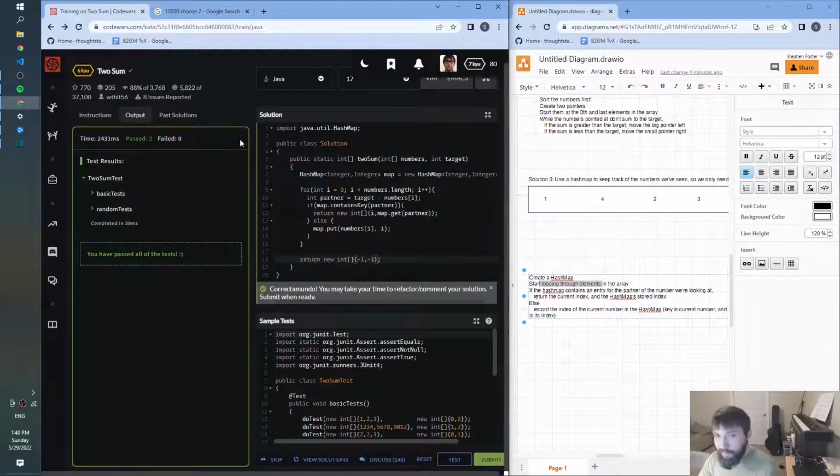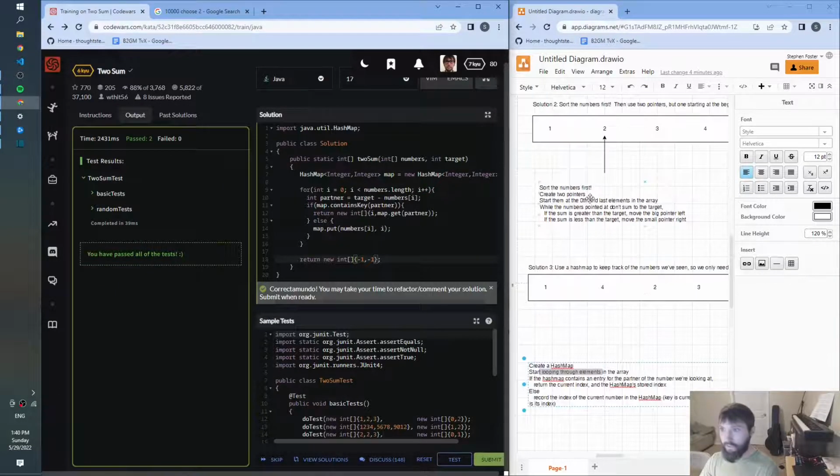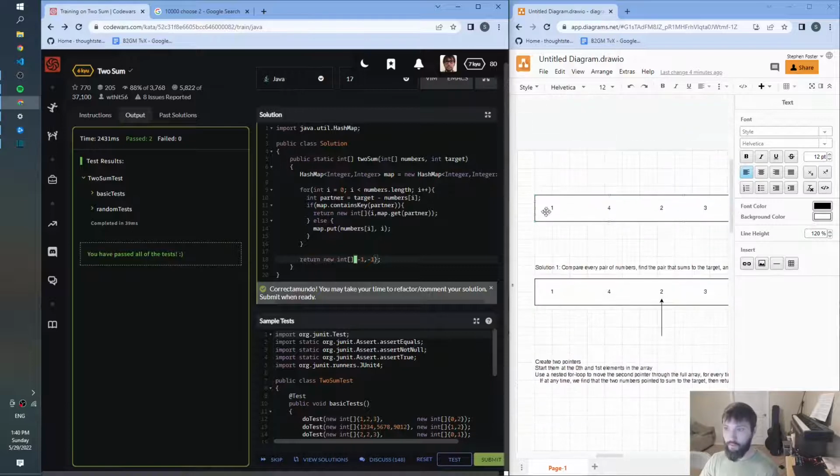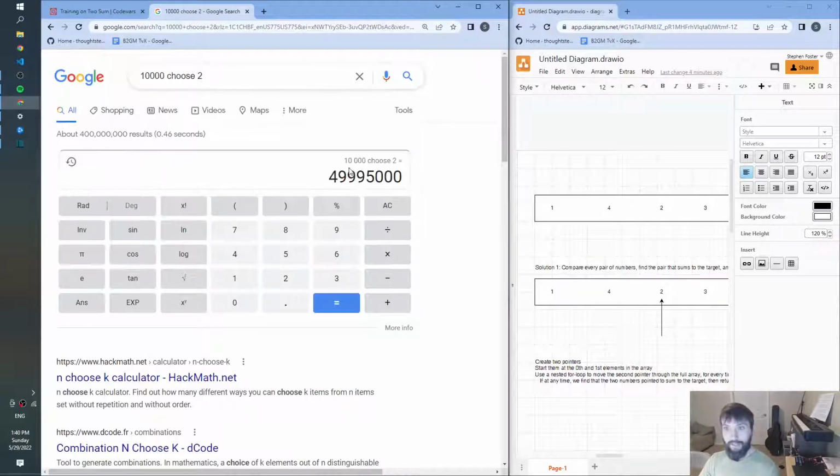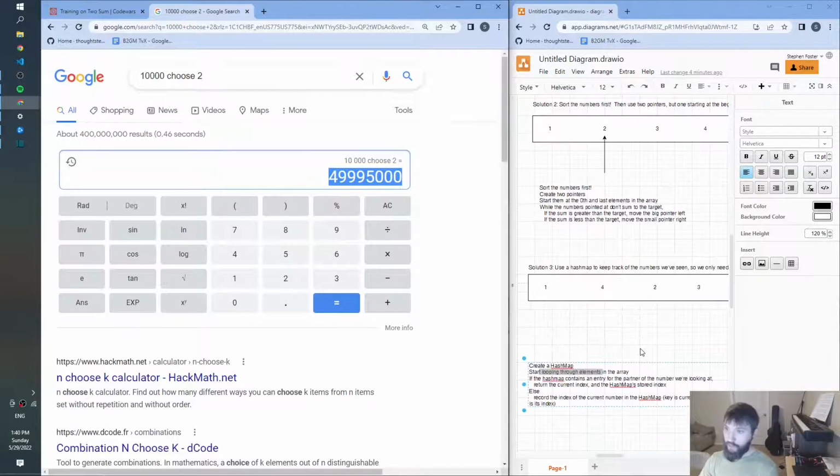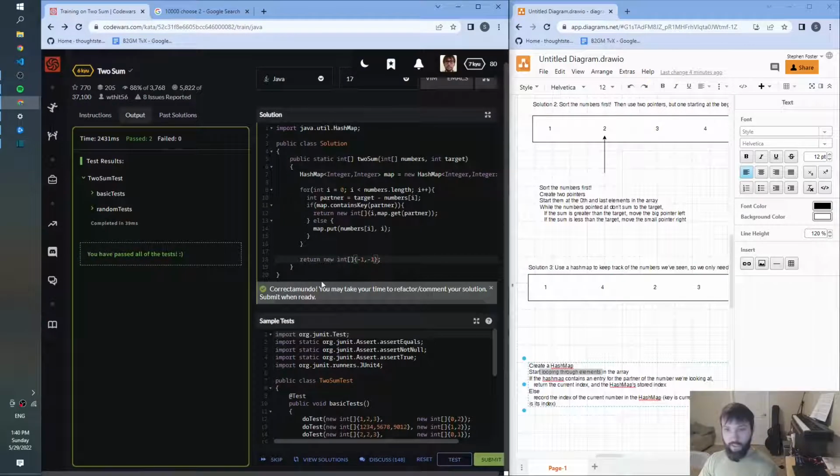None of the tests are big enough to really show the fact that solution 3 is faster than solution 2, which is faster than solution 1. But it should be obvious. If you believe that solution 1 has to look at every pair of numbers, and you believe that there can be lots of pairs of numbers, then it should be obvious that solution 1 is going to do a lot more computational work than solution 3, which just has to look at every number once and store things into a